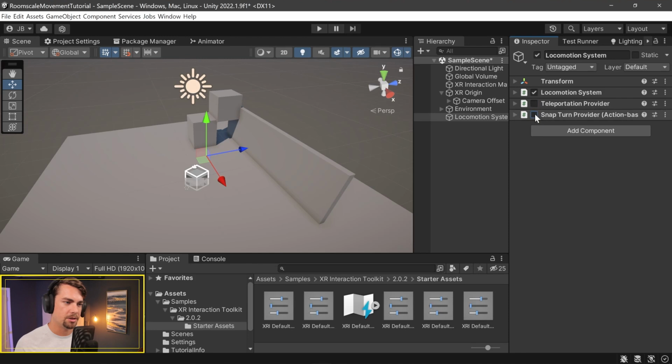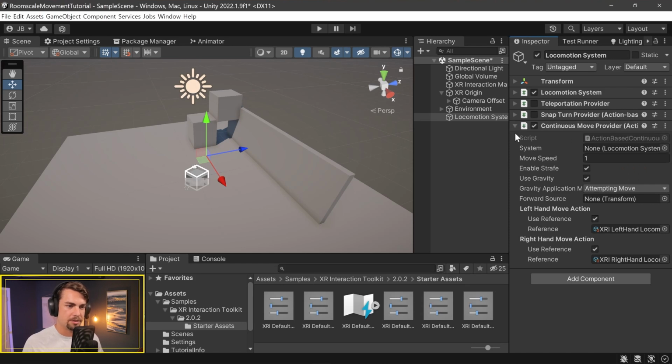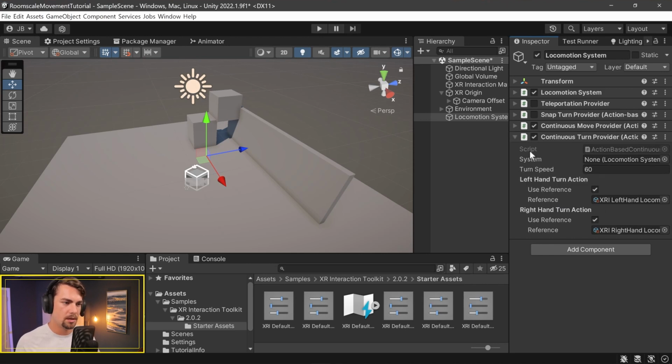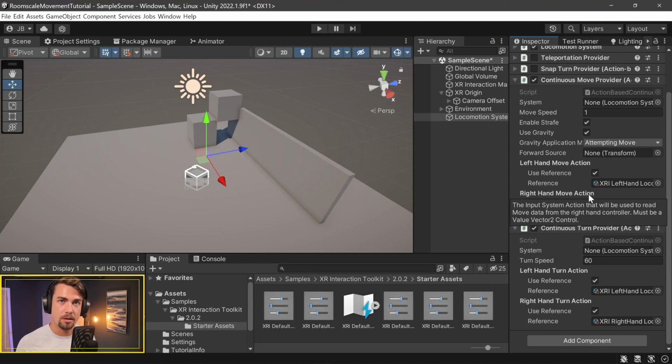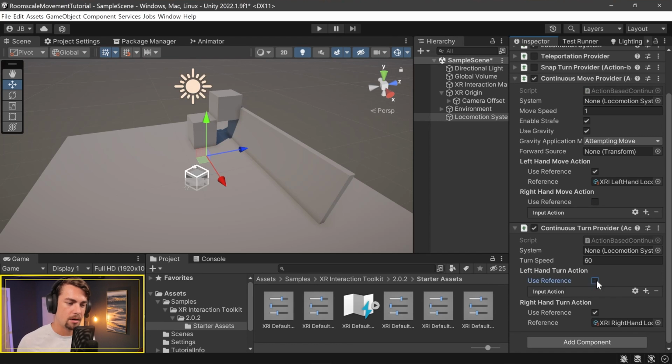turn both of these off by unchecking them, and we're going to add continuous move, make sure this is action based, and continuous turn, also action based. And as long as the left and right hand turn actions have something pre-populated, that means that you set your presets up good. And then we want to move with our left hand. That's normally standard. So in the continuous move provider, we're going to uncheck the right hand movement action. We only want to move with our left hand thumbstick. And then with our right hand, opposite thing, we want to be able to turn with our right hand thumbstick. So just unchecking and checking the appropriate